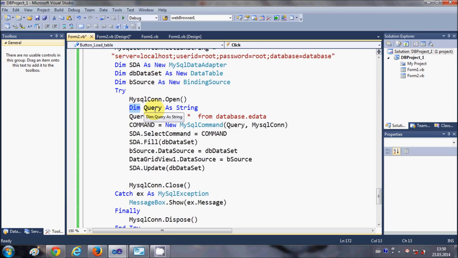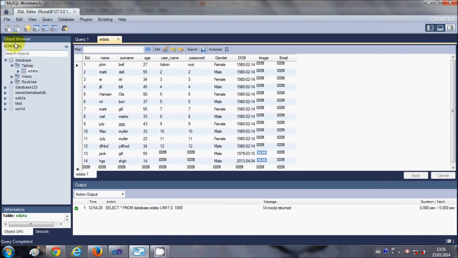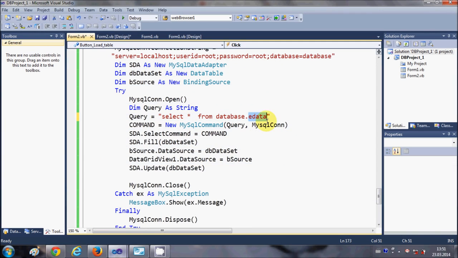And in here I have declared a string variable called query. This query will contain the query which you want to perform in the database. Just write select star from your database name dot your table name. My database name is database and my table name is eData. So here I have written select star from database dot eData, and then copy this command variable which I have